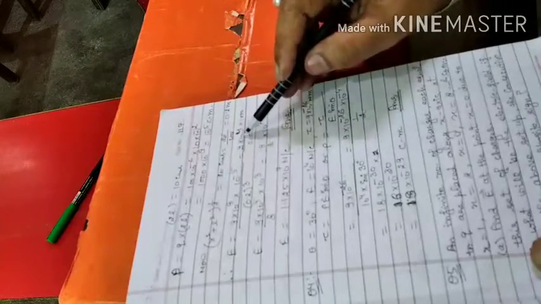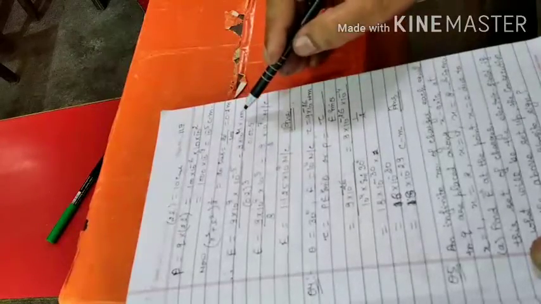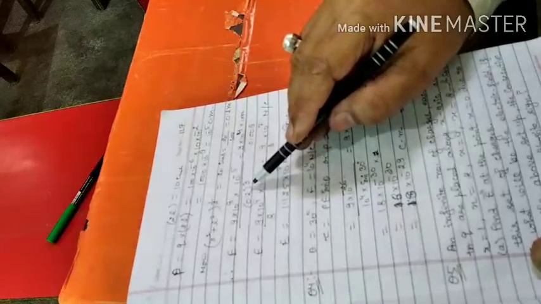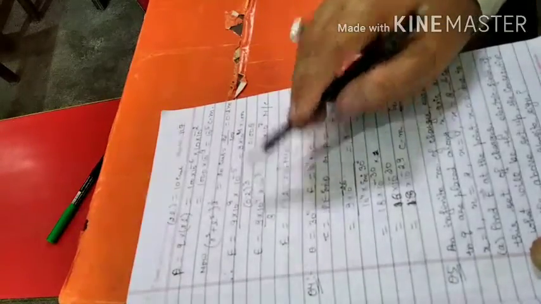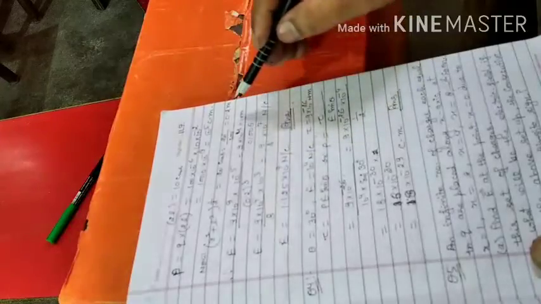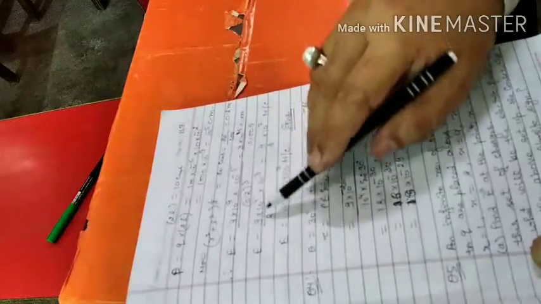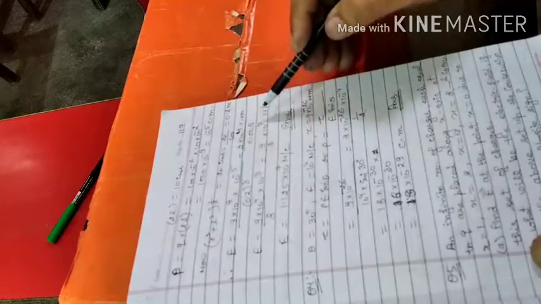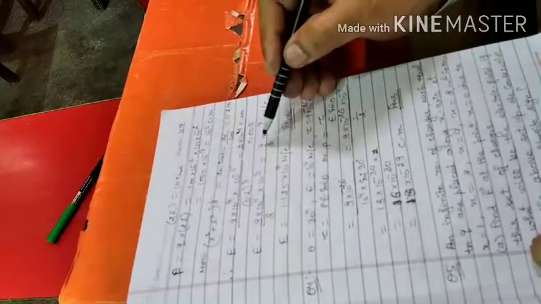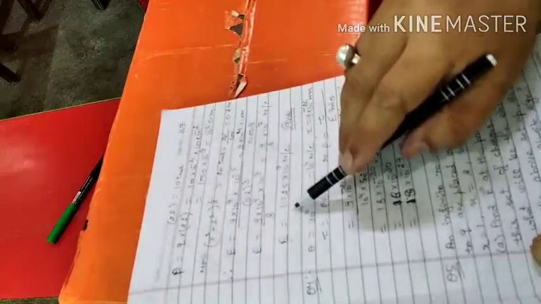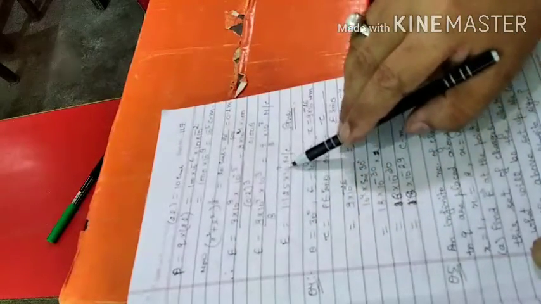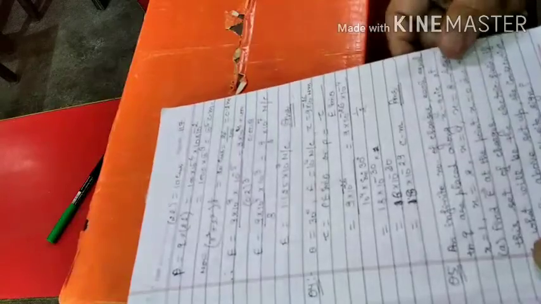Now 9 into 10 raised to power 4, into this 0.008 is coming after having the cube of 0.2. This point will be removed by 1000, and after the calculation we are getting 9 upon 8 into 10 raised to power 7 Newton per Coulomb. Divided by 8, you will get the electric field 1.125 into 10 raised to the power 7 Newton per Coulomb.